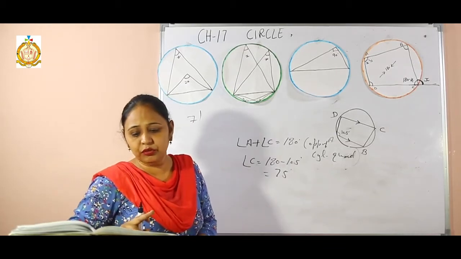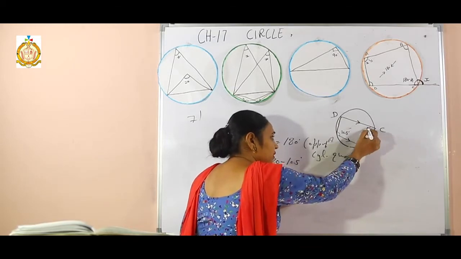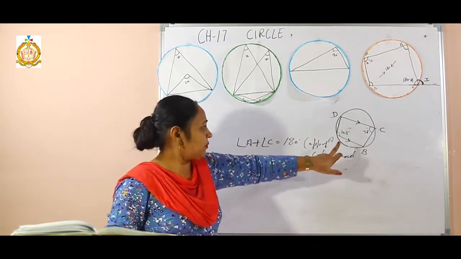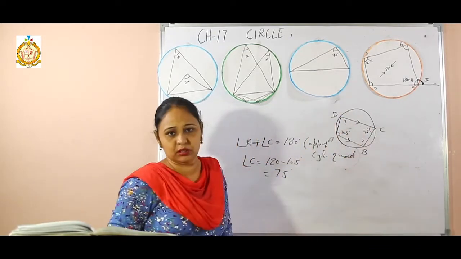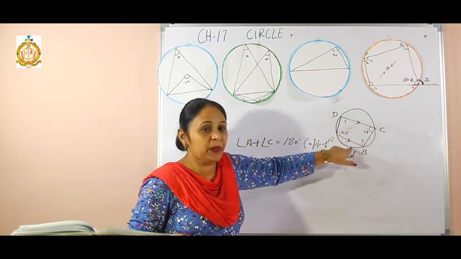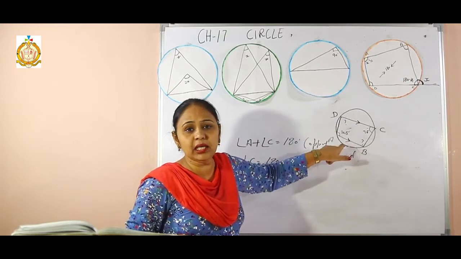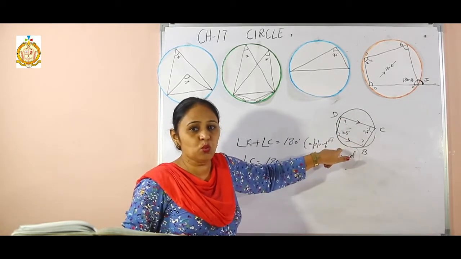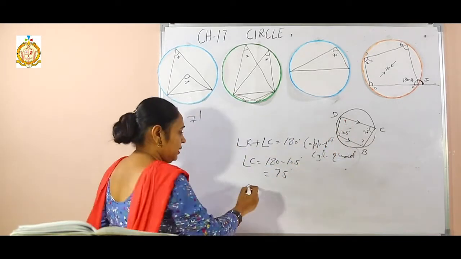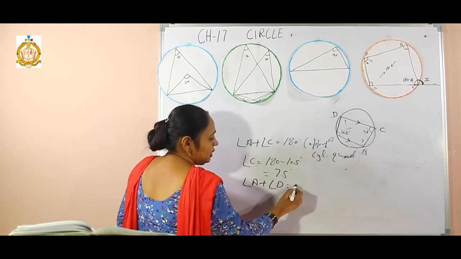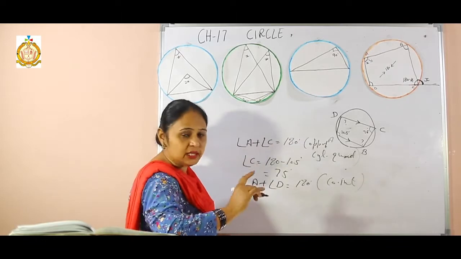Next, first angle we find is BCD. BCD, I already found. That is 75. Next angle ADC. This angle is not given. How to find? One property is given, parallel lines. That means parallel lines, we know that these are the co-interior angles, and the co-interior angles sum to 180 degree. It means again angle D plus angle A will be 180. Co-interior angles. Reason please write.